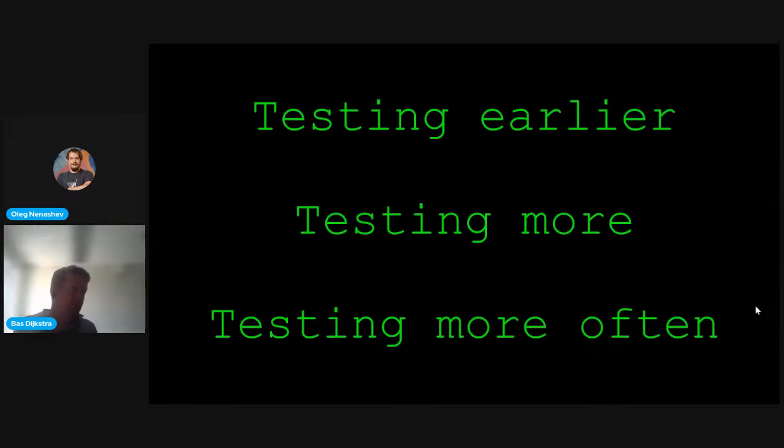And the last one is testing more often. There's a couple of different examples that I can use to illustrate that. For example, if I'm testing against the mainframe, I want to do some kind of continuous testing where I deploy to production 10 times a day. But I'm testing against the mainframe that's only accessible every other Tuesday between 3 and 5 p.m. It's going to be really hard for me to do all the testing that I want to do each of those 10 times that I want to go to production every day, especially when it's not a Tuesday. So mocks can help out a lot there as well.